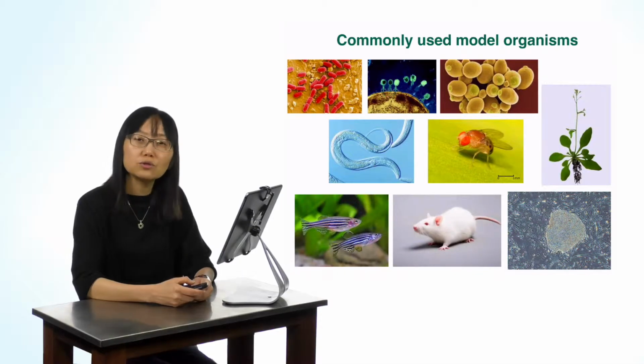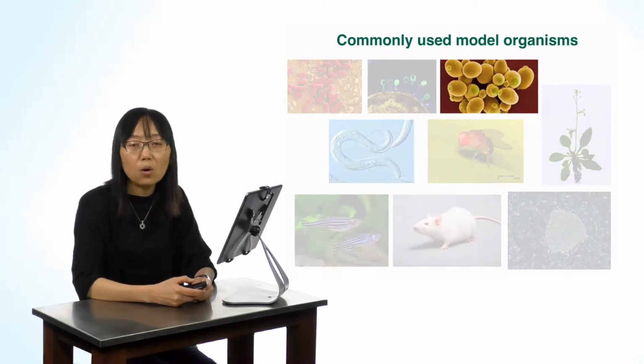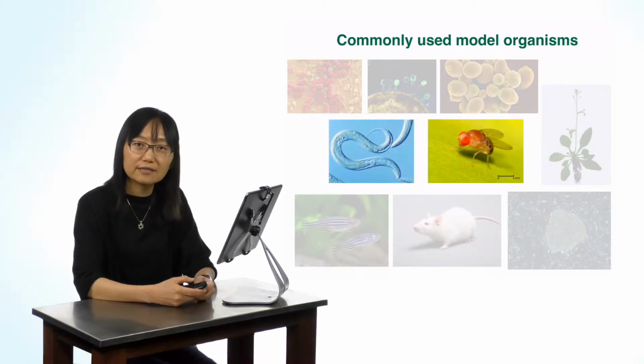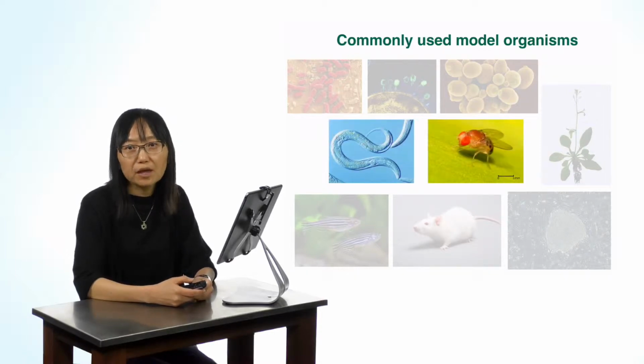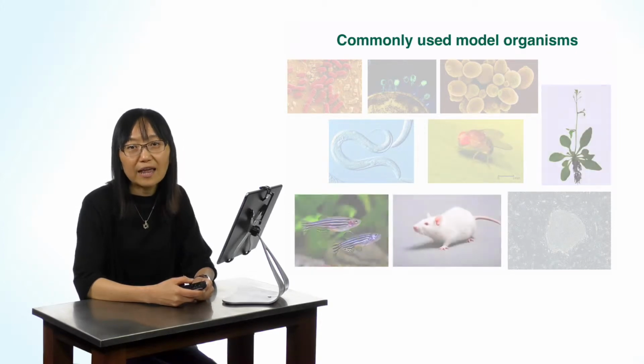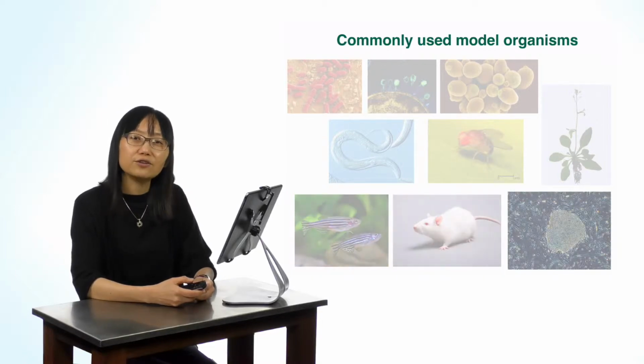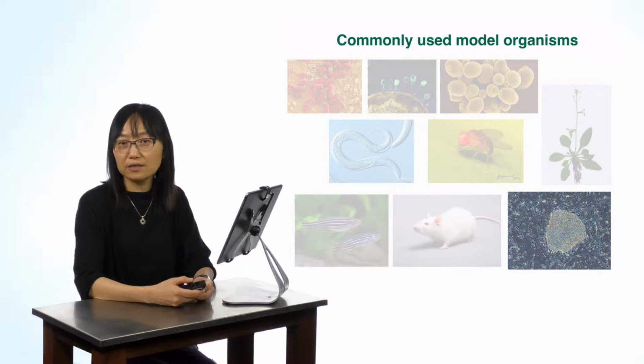For eukaryotic organisms, you can choose to work with the single-cell model, the yeast, or multicellular invertebrate model like C. elegans and Drosophila. You can use Arabidopsis as a plant model, and zebrafish and mouse are commonly used vertebrate models. Of course, you can choose to work with embryonic stem cells or induced pluripotent stem cells if they suit your